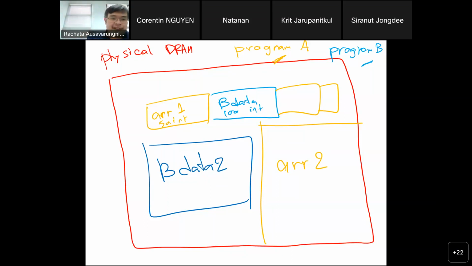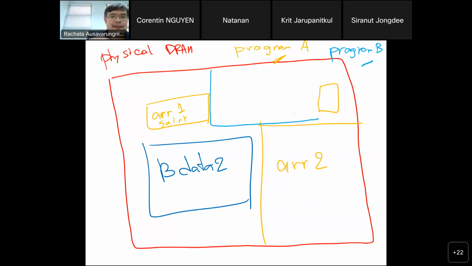The second thing is, what if I run a program, and then the first program says, hey, I'm done with this guy? So I have this. The blue program says, I'm done with this as well. But then I have another allocation come in from the blue program, and it's about this big.